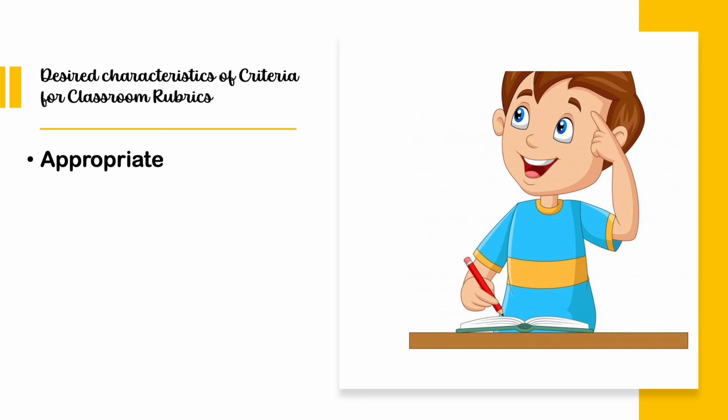From planning the lesson, planning the activities, and of course, in designing your scoring rubrics. Next, characteristics of a criteria: it should be definable. The criteria that you are making or using should be definable. Each criterion has a clear, agreed upon meaning that both students and teacher